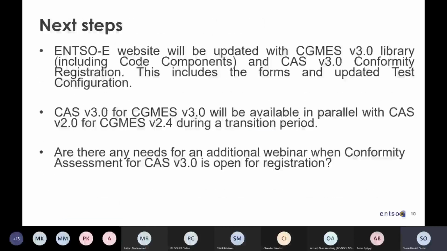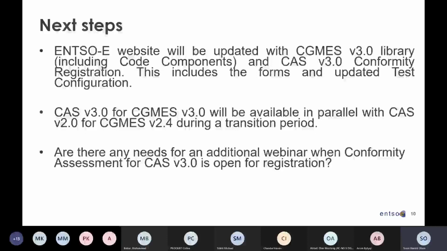So we will update the library, and we are also planning to have the code components, the XSD schemas that can be downloaded, the CAS conformity registration, and that also includes all the forms and the updated configuration and all the registration forms. The idea is that the CAS 3.0 will be available in parallel with 2.4.